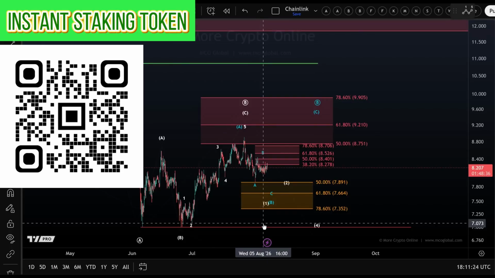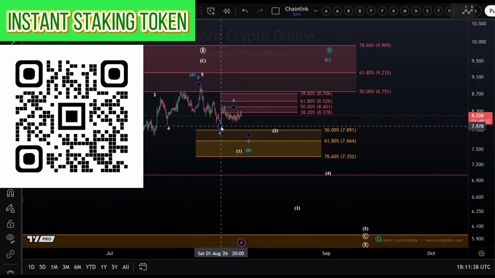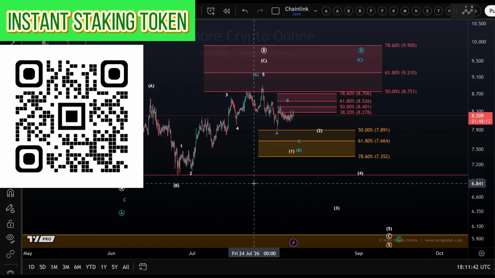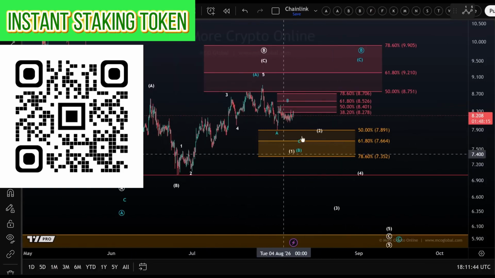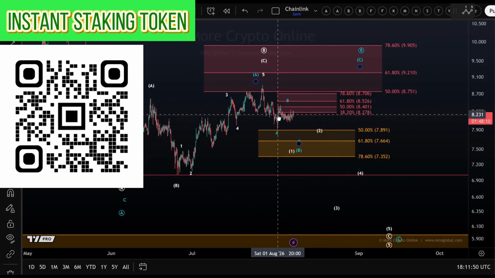For now, it seems like Chainlink is working on a sideways range, a corrective bounce, which could ultimately lead to another low. So I don't think that the overall correction on the link chart is complete. The problem is that the last decline is also in 3 waves, so we do not have confirmation of a breakdown, which again means we are likely stuck in a range. I'll of course keep you updated. For now, I would at least be prepared for another test of the micro support area. I'll keep you updated. Hope it was helpful.